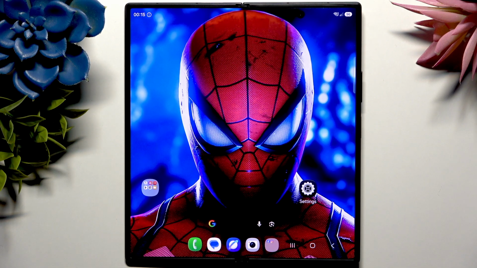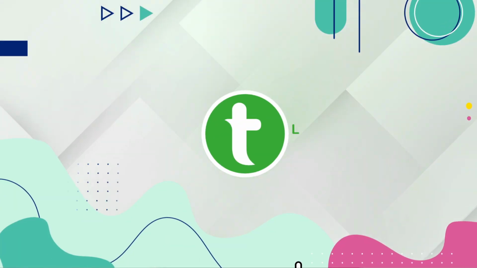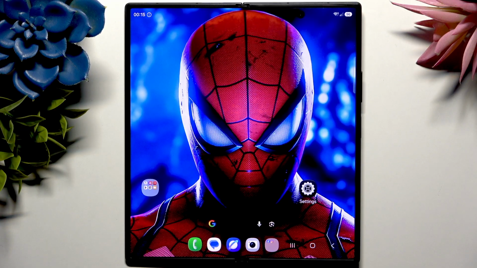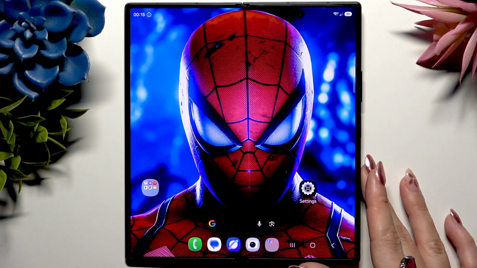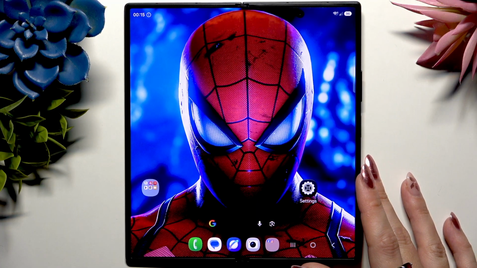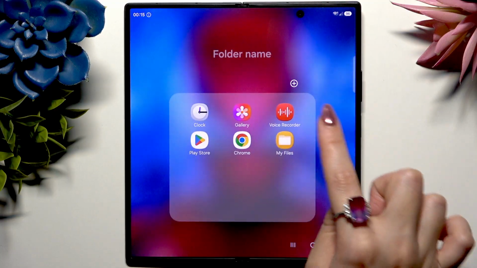In front of me is Samsung Galaxy Z Fold 8 Ultra, and today I would like to show you where you can locate all your downloads. First of all, you need to find an app called My Files that's already on your Samsung, which is this